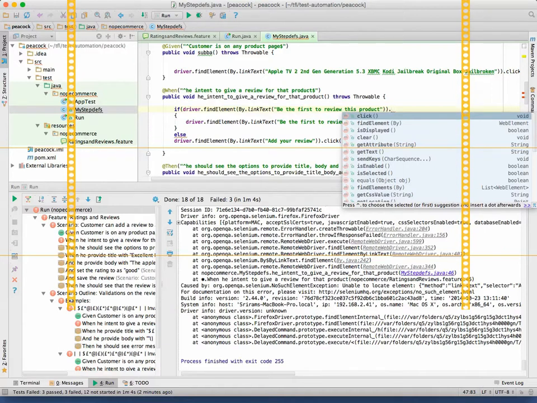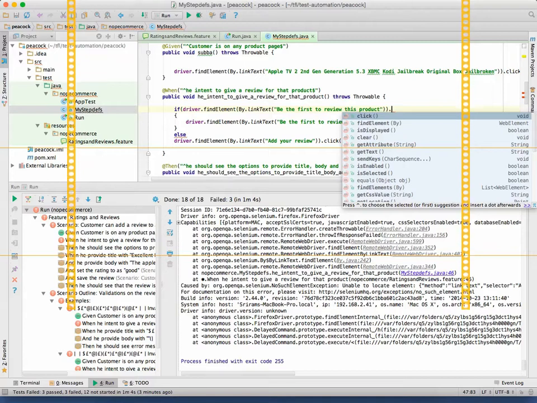Or else we can just find driver dot in the body, just find whether that text is there or not. If the text is there, does that mean there is a link? If that is there, this will not be there. If this is there, that will not be there. Whether it's a link or not doesn't matter. The developer implemented it, but instead of a link, he just put a text. Now, we are assuming that if the text is present, the link is present. So we will directly create an element of a link.